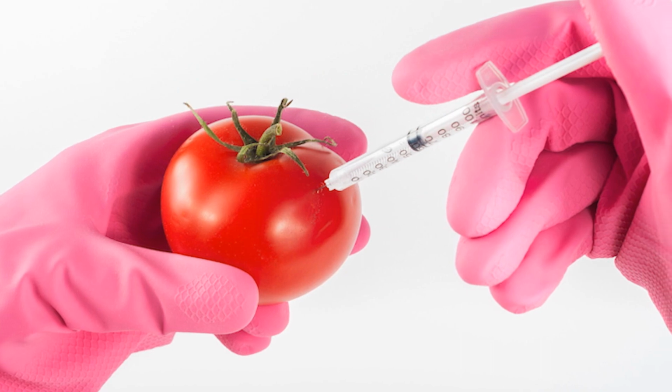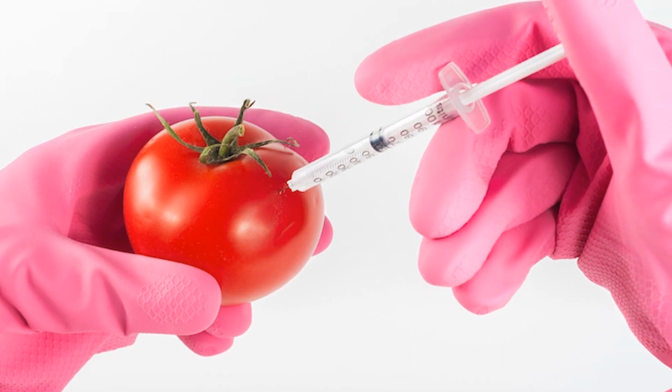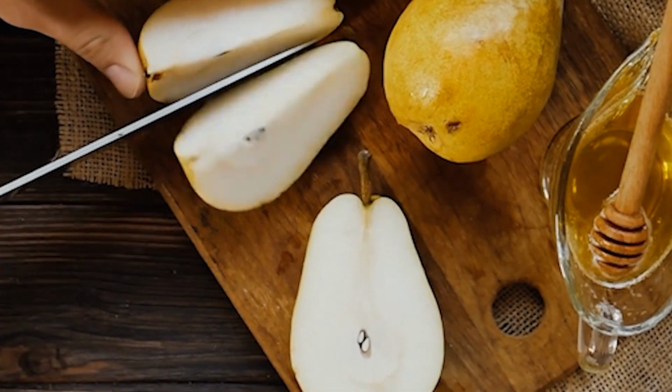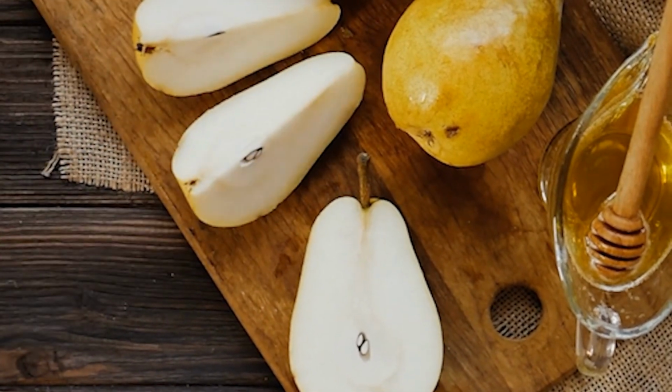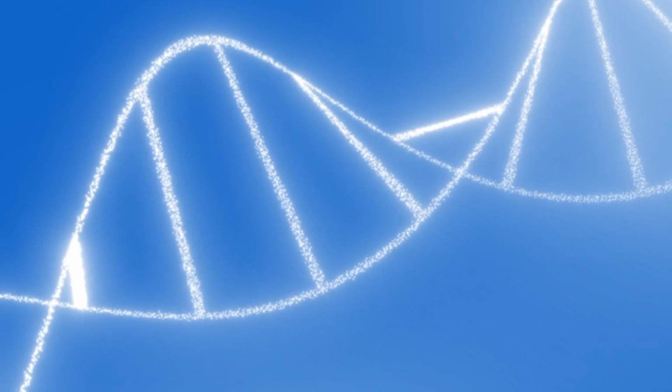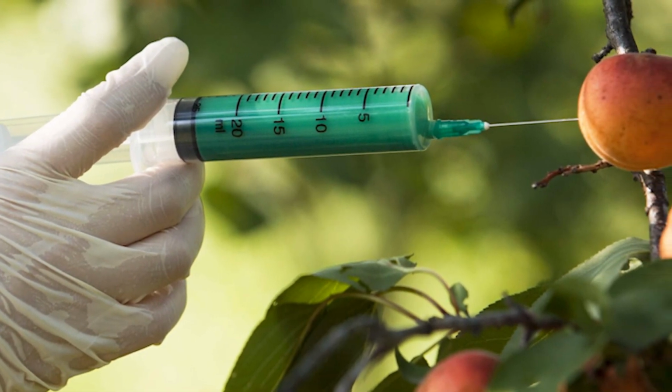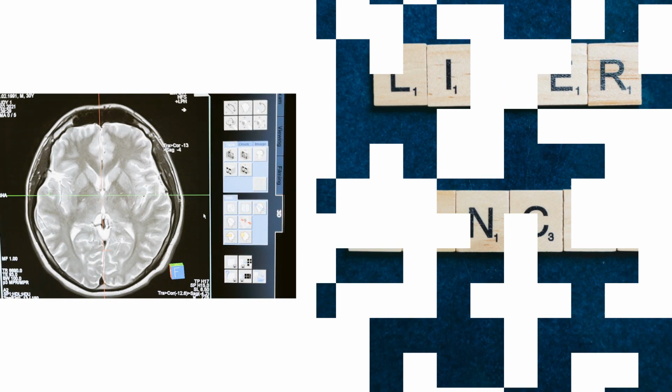GM foods are foods that are procured by the use of modern biotechnology or genetic engineering. These kinds of foods are derived by altering the genetic material or DNA of the organisms through the introduction of a gene from a different organism. These foods are grown using harmful chemicals and when consumed can lead to immune system, brain and liver damage and